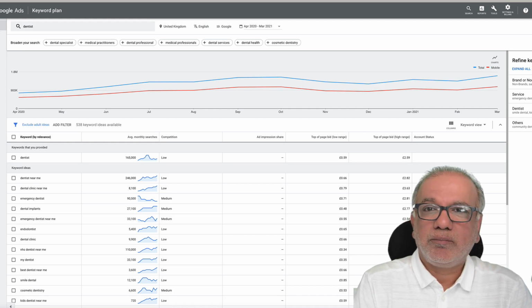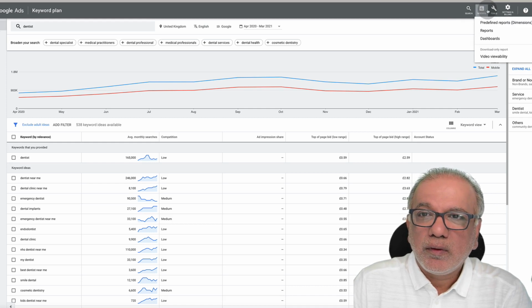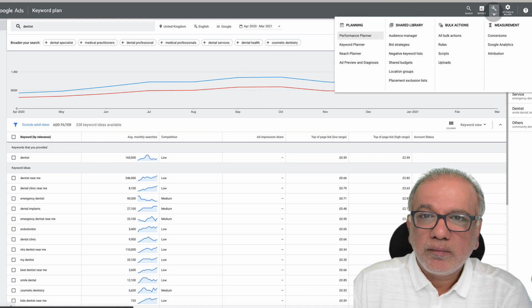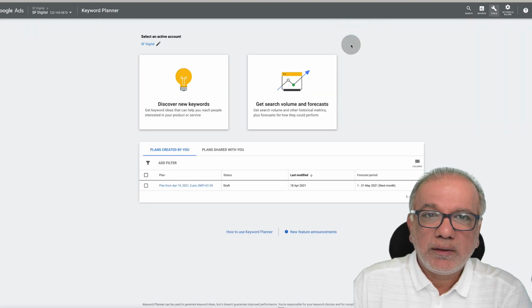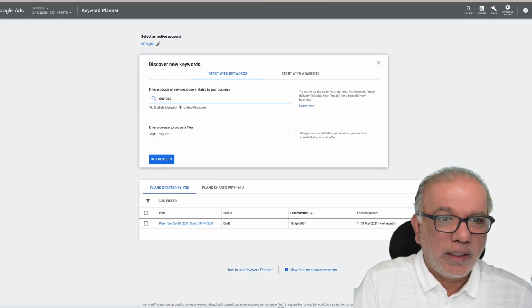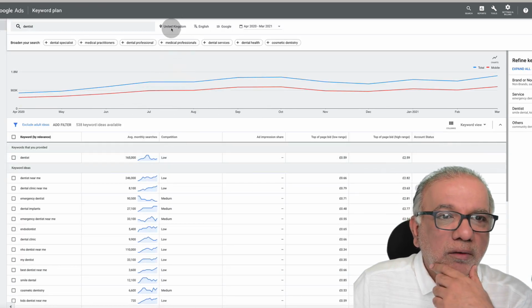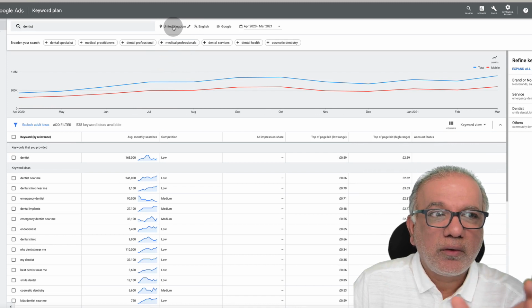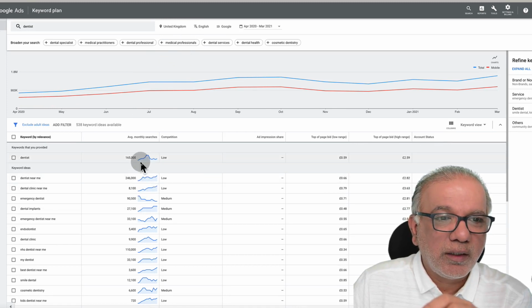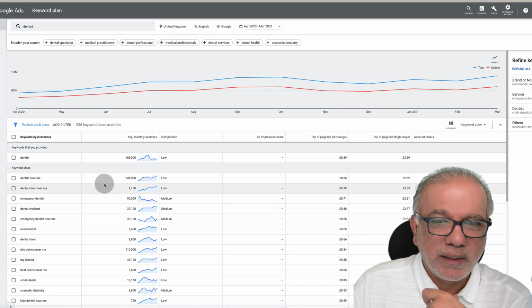So let's get started. You need to go to your tools and then keyword research, keyword planner, and you go to discover new keywords. I'm going to put in dentist. You can then put in the location as to where you want the data to be from. I'll just put in United Kingdom so I can see the majority of the keywords in here which are being